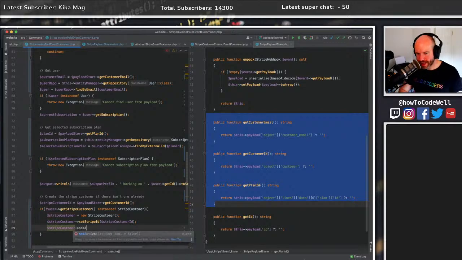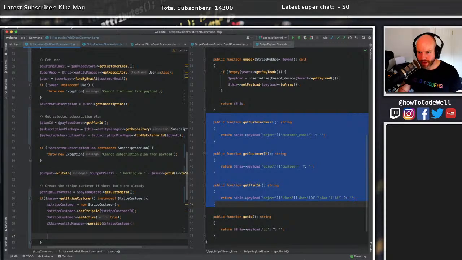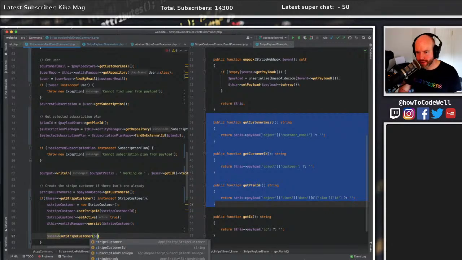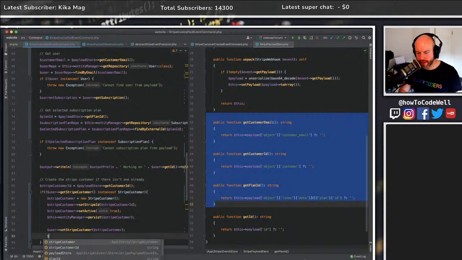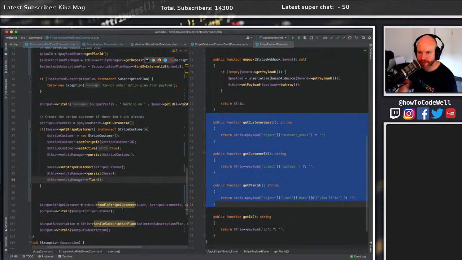Stripe customer set active is true, and then we do this entity manager persist of the Stripe customer, and then we do user set Stripe customer as Stripe customer, and then we do this entity manager persist user, and we do this entity manager flush. Okay, so that handles this one,